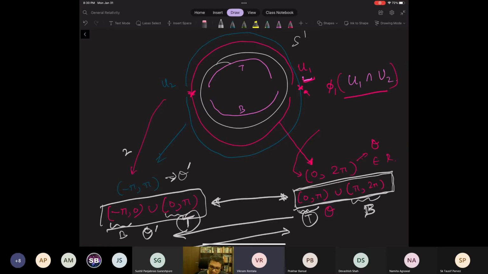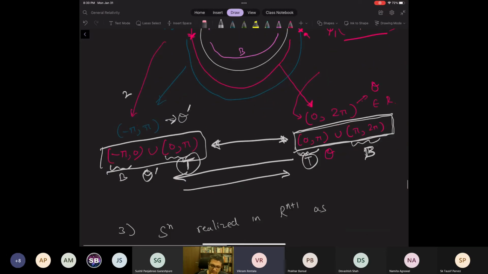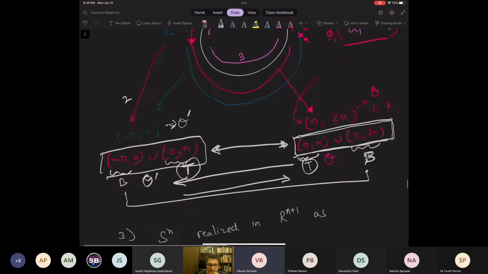Separately in the top region, these coordinates are differentiable. Separately in the bottom region, these coordinates are differentiable. The issue of differentiation in transitioning from the top to the bottom never arises because these are disconnected regions. Okay, so